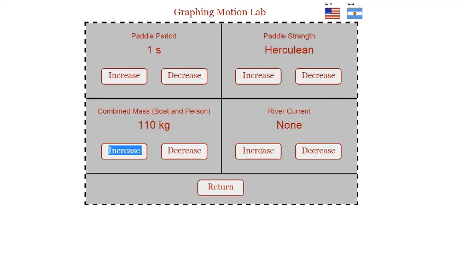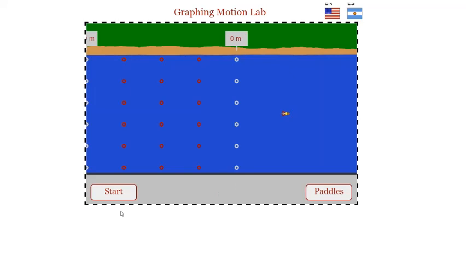And what's important is that you leave your river current to be none to start things out. So you can have any of these others, except the very important thing that your river current is none. That's the first thing that's mentioned in the instructions for the quiz. And then it tells you to just go ahead and hit start,